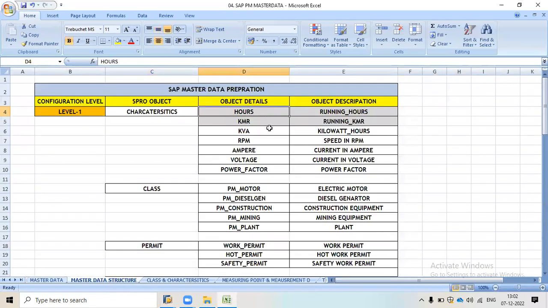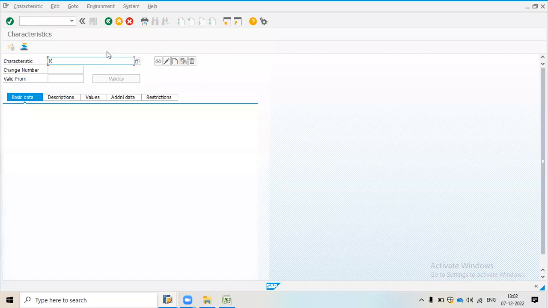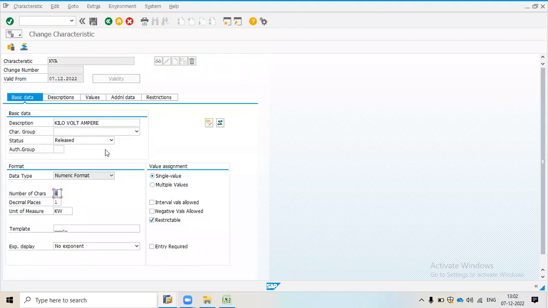We can create hours, kilometers, kva, rpm, ampere. So these characteristics we can create. Now I'm going to create kva, then I will press enter. Someone has already created it in this server, so we can't create it again. We can only display it.